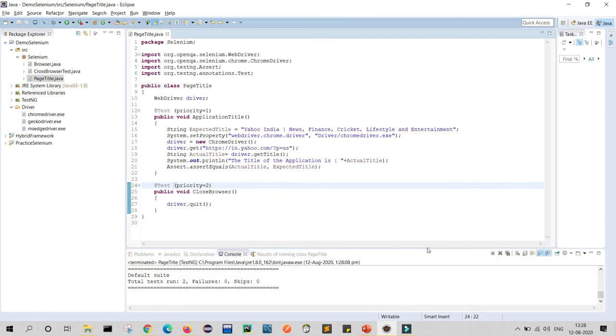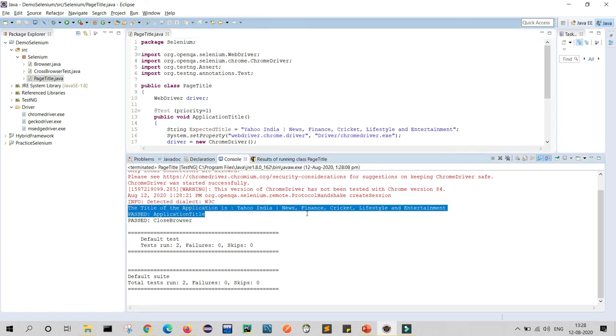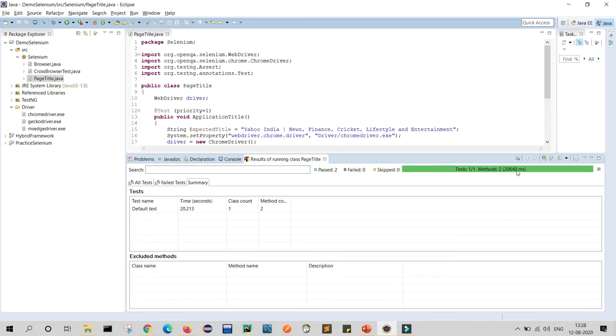So in the console window you can check that the title of the application is Yahoo, whatever title we found as expected. In the result, you can see that my application title and my close browser, both test cases, are passed. In the result you can check that it is showing green. I have created one test case, two test cases and two methods.